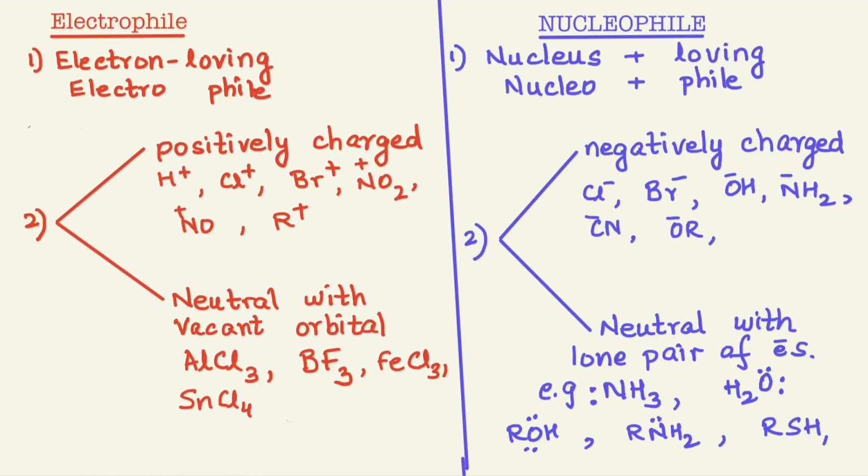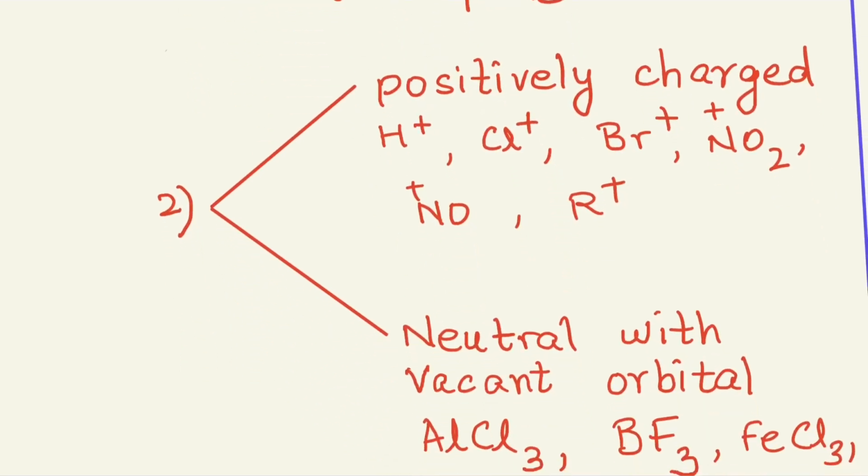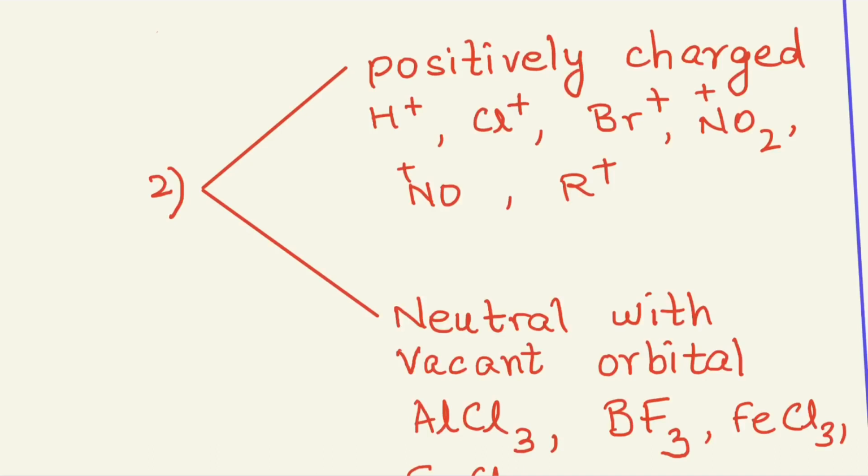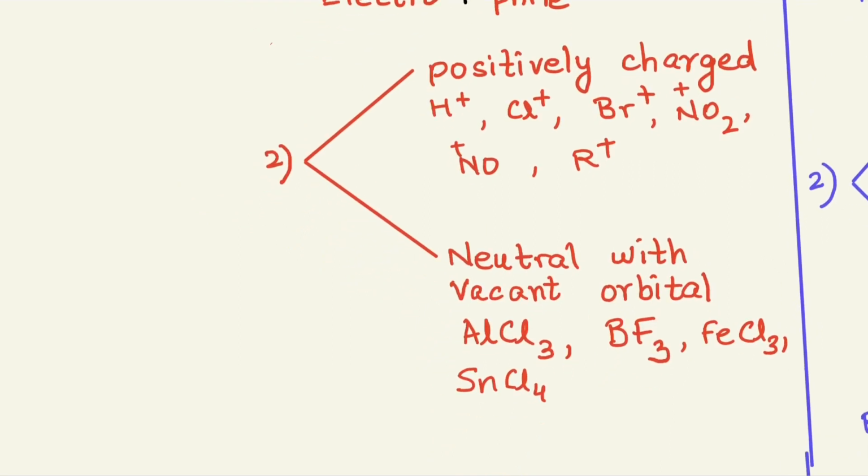Electrophile, electron loving. That means this is a group which has an affinity for electrons. In other words, this particular group can either be positively charged or it can also be neutral but having space for electrons. So electrophiles can be species which are either positively charged, for example H positive,